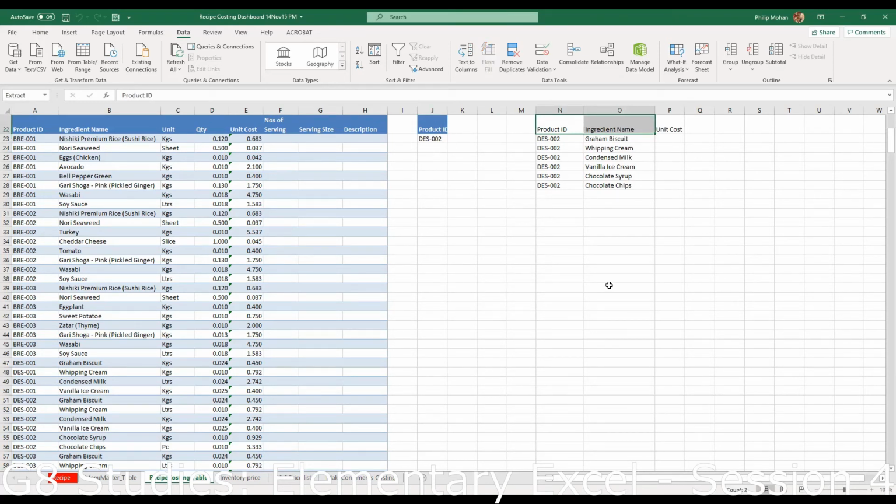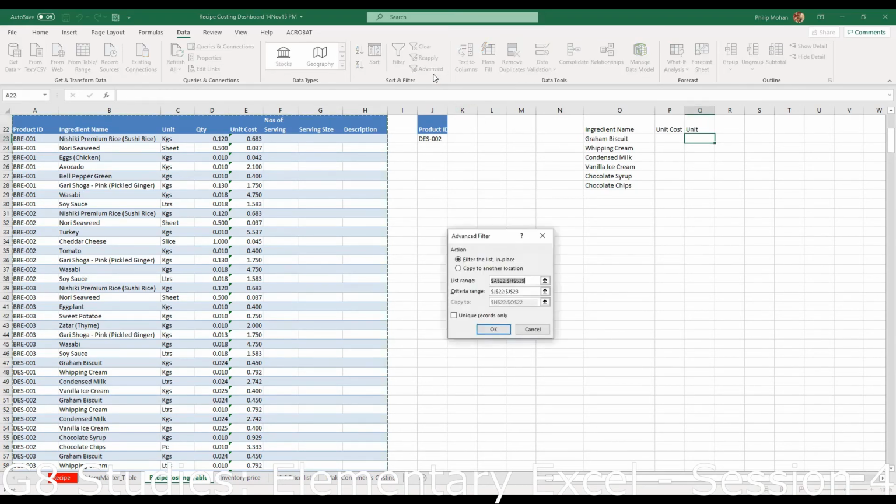This is something I learned very recently in advanced filter. You don't need to always have the entire table listed out in your advanced filter. You can actually choose which columns you want. You don't even have to choose the product ID, which is the criteria. Let's try that. We don't have product ID. We have only ingredient and cost, and we'll put unit also. Let's see if it works with unit coming after the ingredient. I'm not sure. It might not.